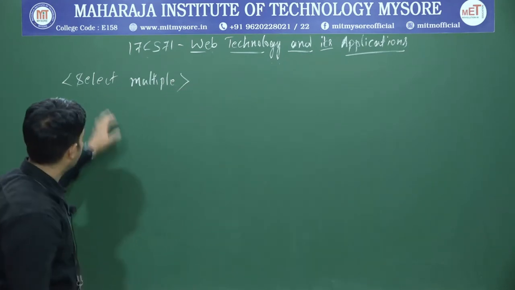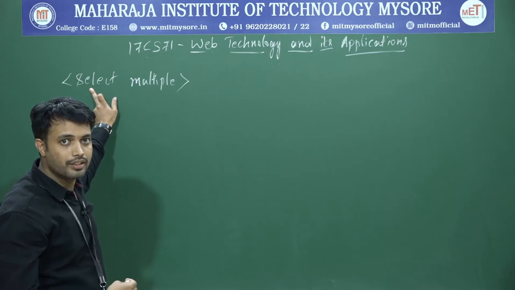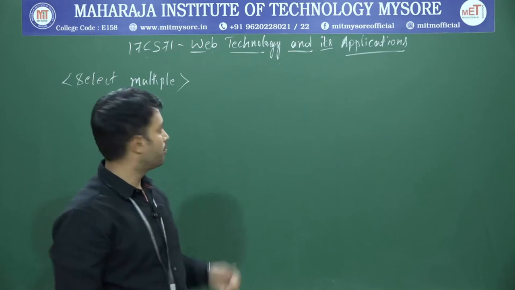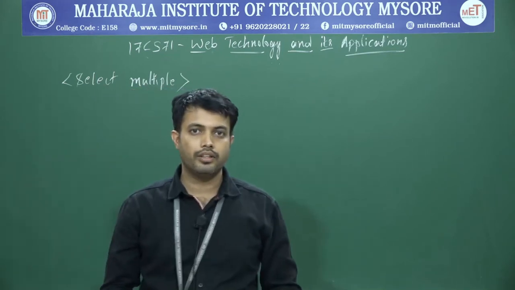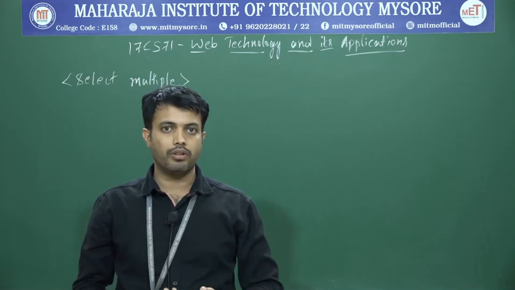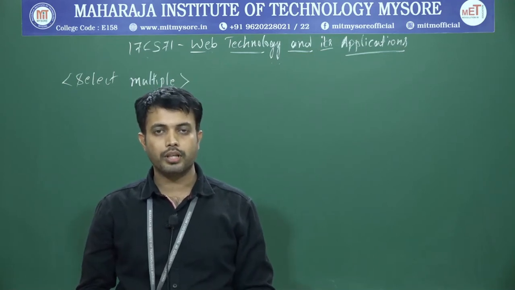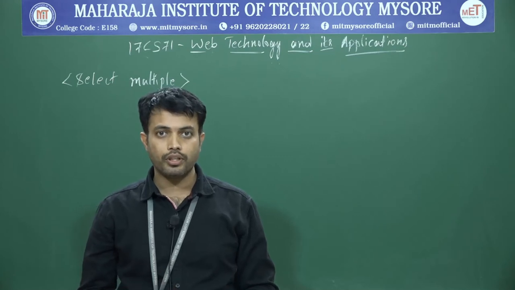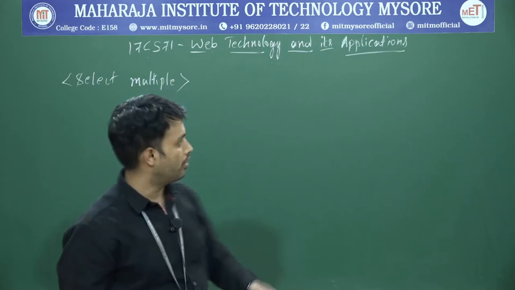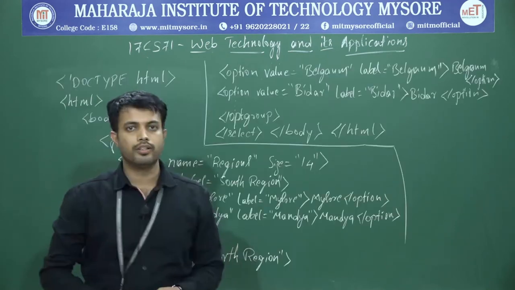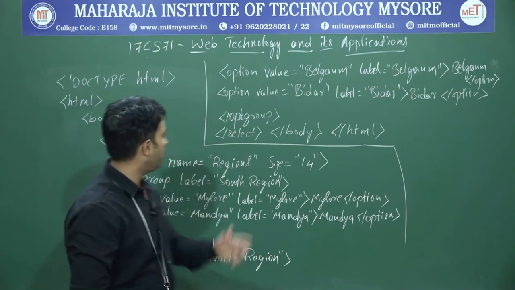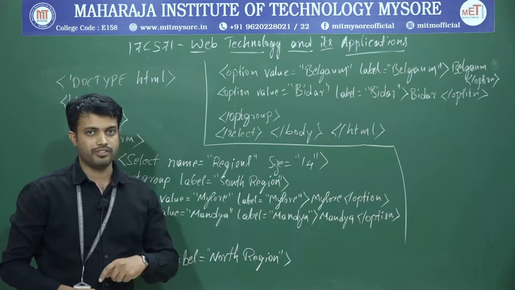You know that under this select I need to write options. Along with this multiple, I am going to explain option group. One more option we call option group. That means we can group the options within the drop down list. How? Let us look into an example program. So here is the example for option group, so that we can group the options.